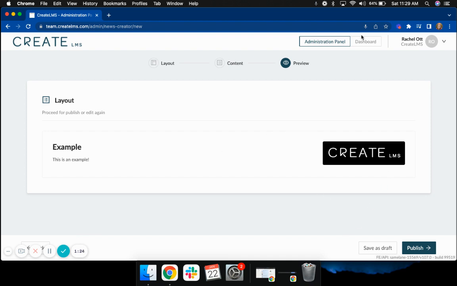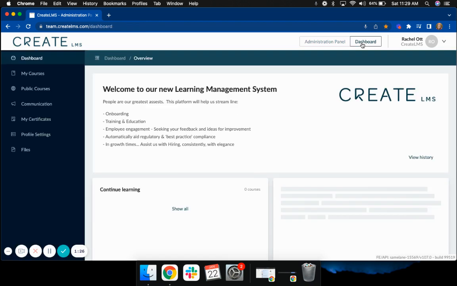But once you go ahead and publish this and then go to the dashboard, this right here where it says welcome to our new learning management system, CreateLMS, this block at the top will show the news that you published. So definitely a very easy way to get a message across to all your users and learners,